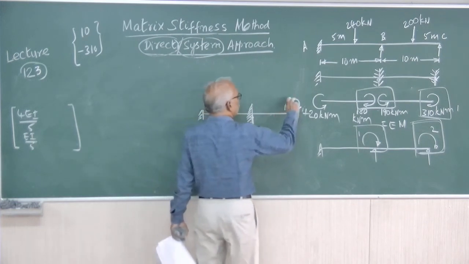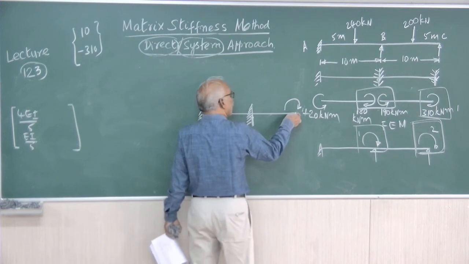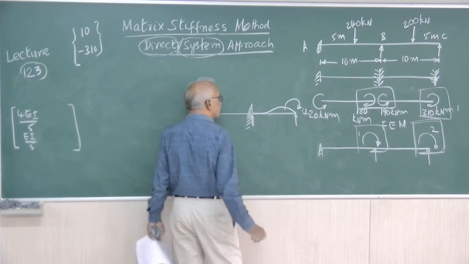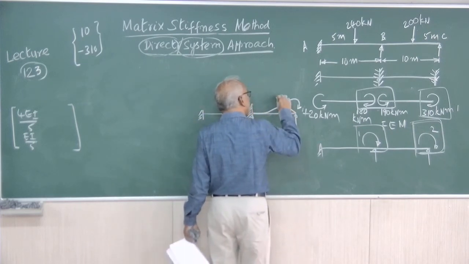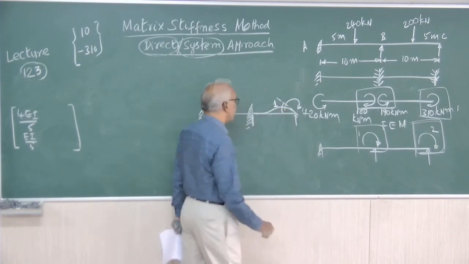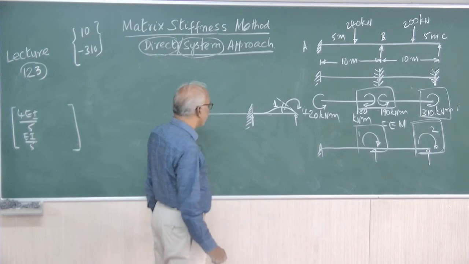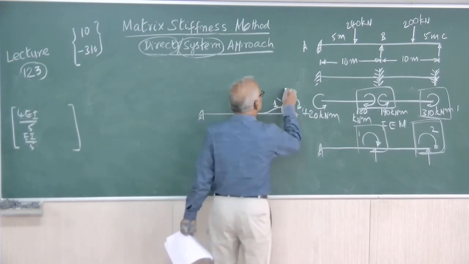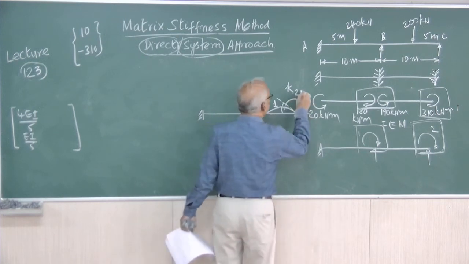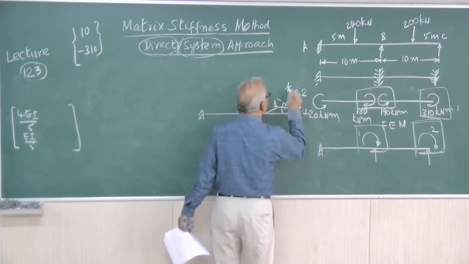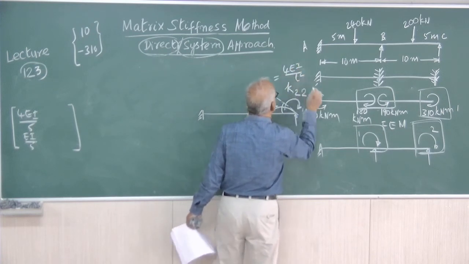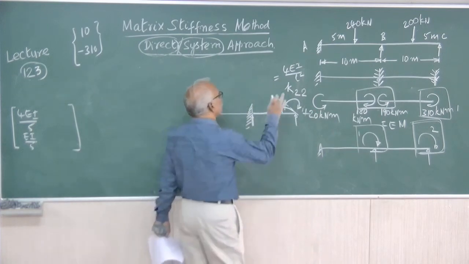Therefore, due to this clockwise moment, there will be a clockwise rotation, and here it will be 0 because already we have fixed. We are allowing only one displacement at a time. So when you draw a tangent, this value is equal to unity. Right. Now, the force developed along coordinate 2 due to unit displacement along coordinate 2 will be equal to 4EI by L2. There is only one member, 4EI by L2.